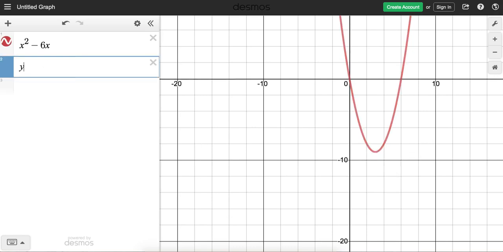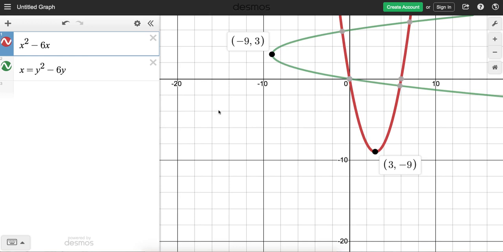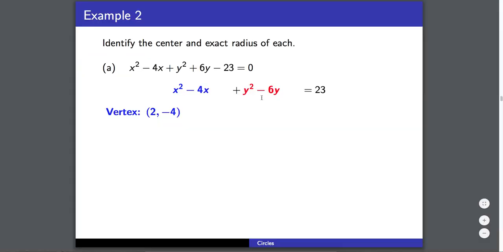And just to show you what the vertex is, if we do graph y squared minus 6y, I'm going to go x equals here. And notice we get negative 9, 3, and here we had 3, negative 9. So when you switch the x's and y's, your h's and k's switch as well. But again, I'm going to strongly urge you to graph them all with x's as the variable. So graphing this as x squared minus 6x, not y squared minus 6y, our vertex is 3, negative